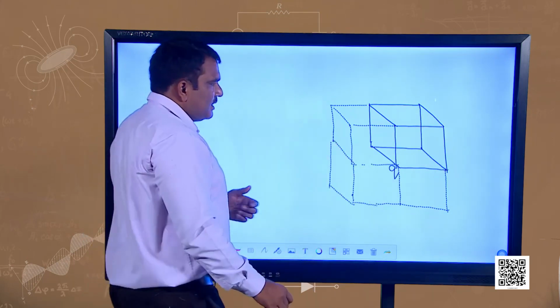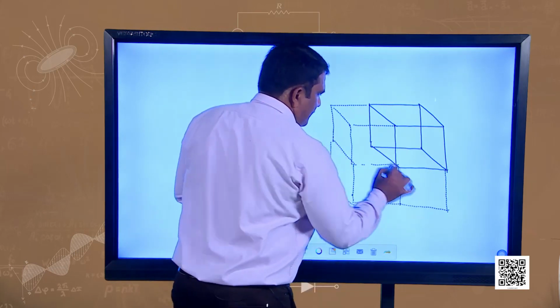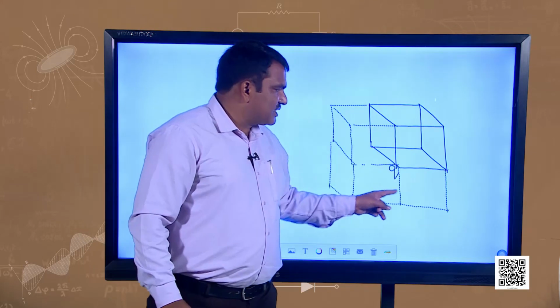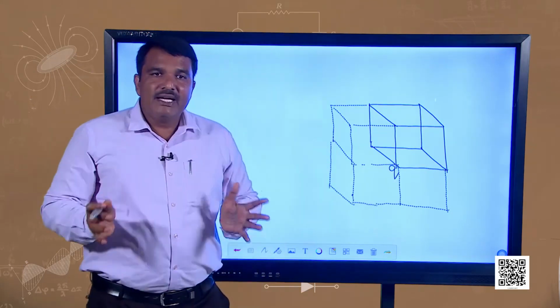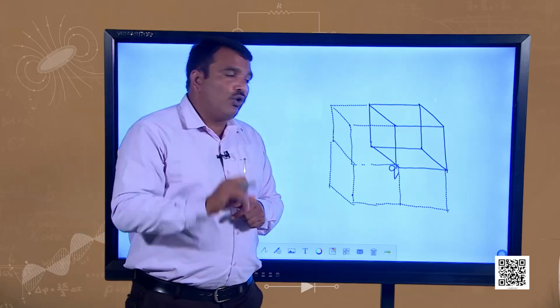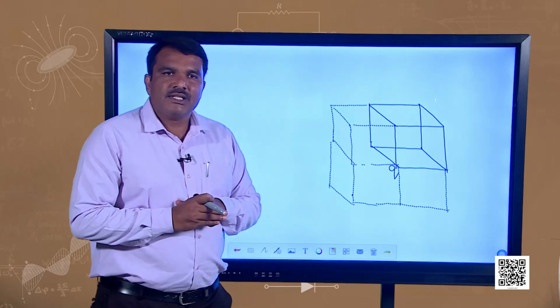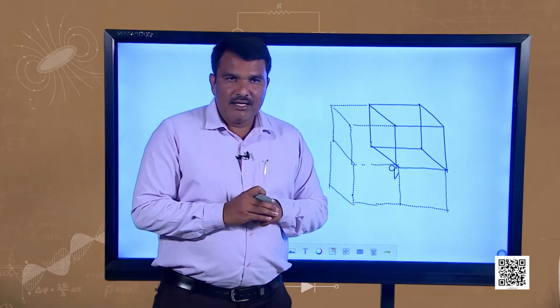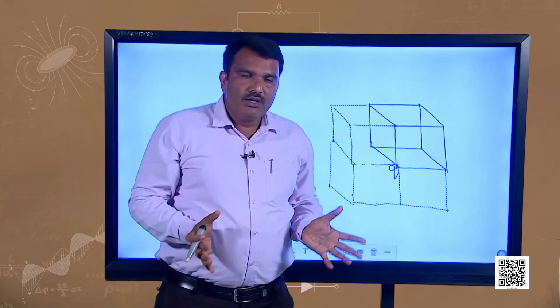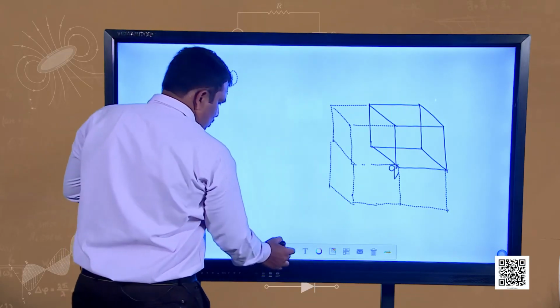As you can see, one side is having 1, 2, 3 and 4 faces of this size. So, the big cube formed in such a way, by placing 8 cubes, will have 24 faces of this size, and the total electric flux passing through that big cube will be, according to Gauss's law,